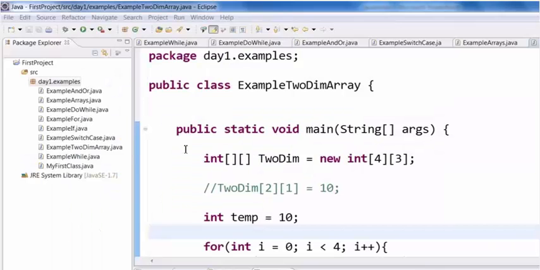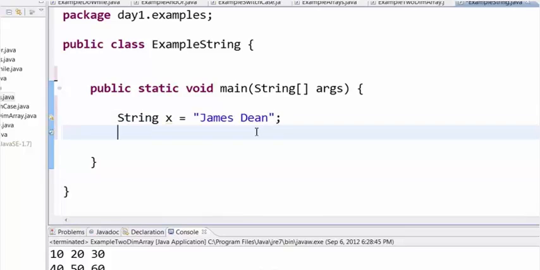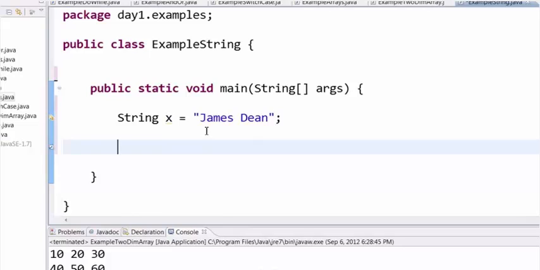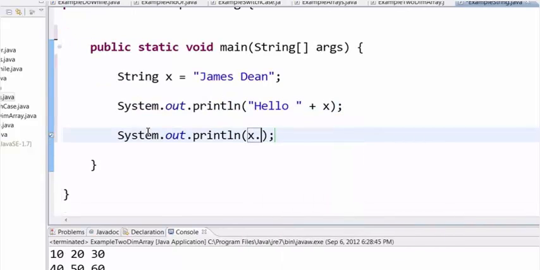Next, let us take a look at string manipulation. String is used to hold any text. So for example, I have a string x equal to James Dean. If I want to concatenate string, I can do it like this. So this statement will print hello space and then it will concatenate it with James Dean to print out hello James Dean. If I want to convert the string into uppercase, I can say x dot